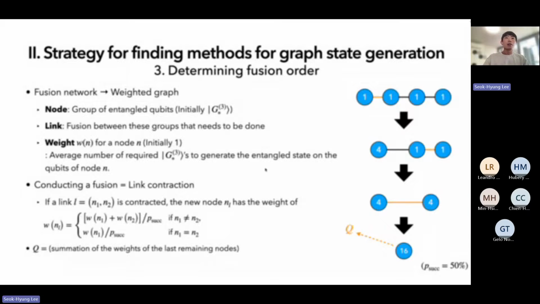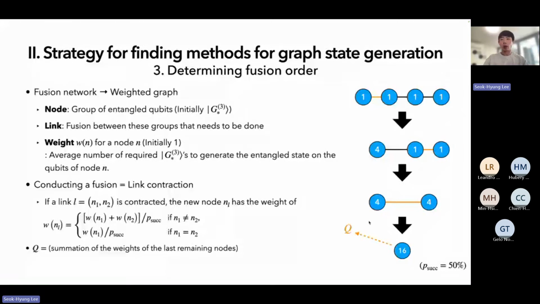And by repeating this process of link contraction until we have no links left in the fusion network, the resource cost of this process can be determined by the summation of the weights of the last remaining nodes. So in this example, the final node has the weight of 16, so we can say that its resource cost is 16, which means that we need on average 16 Bayesian resource states in this generation process. And